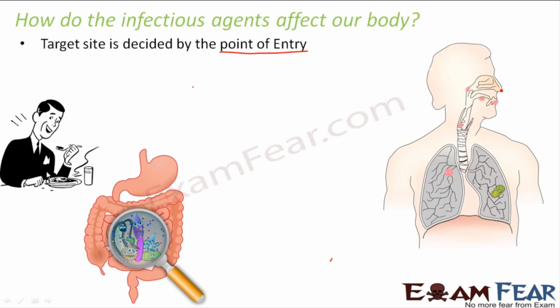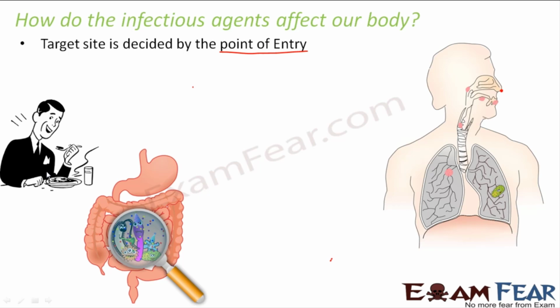So it all depends which microorganism is entering your body, and from which point it is entering your body. From whichever point it enters your body, it tries to target the nearest organ. If it is through the nose, it targets the lungs. If it is through the mouth, it tries to target the liver or stomach or intestine. Right? So depending upon from where it is entering, it decides its target organ. Right? And depending upon the organ of the body which is affected, you will have